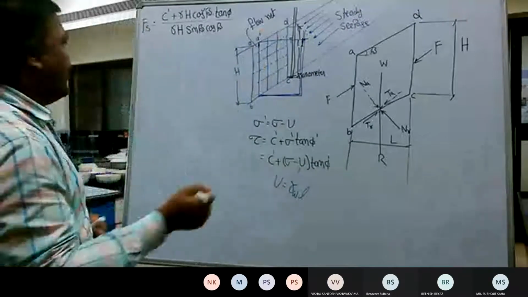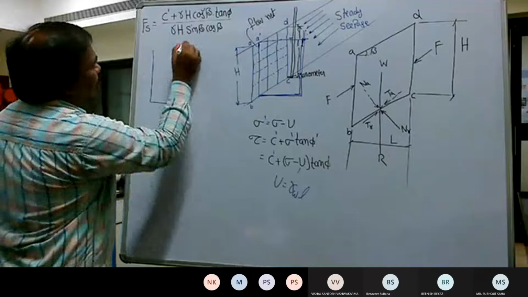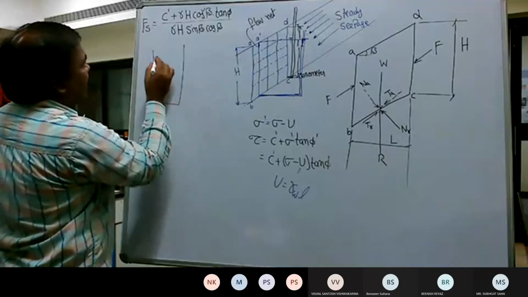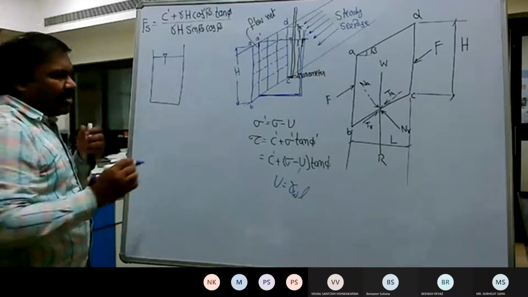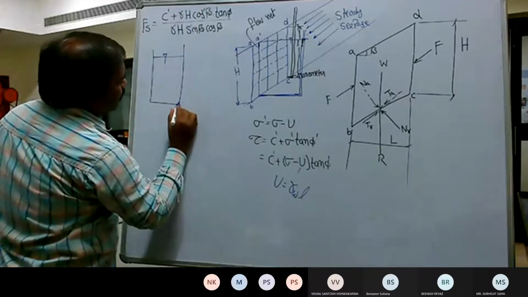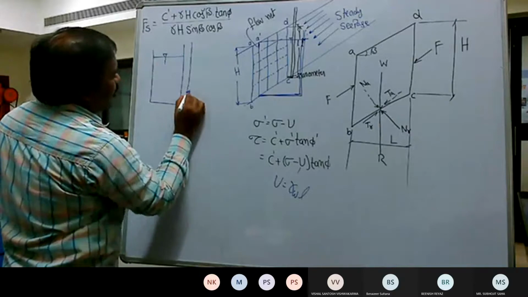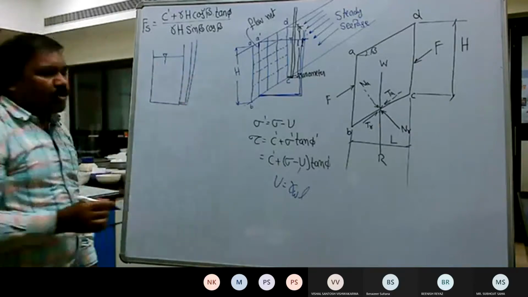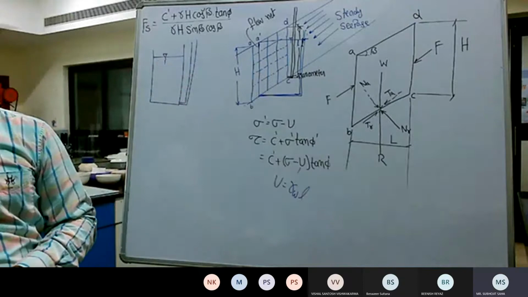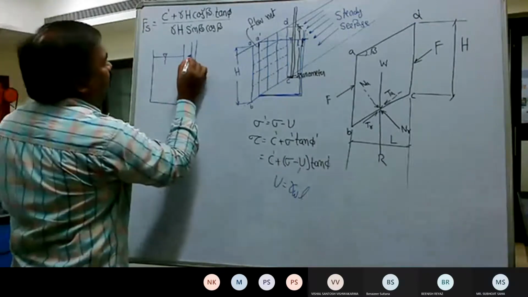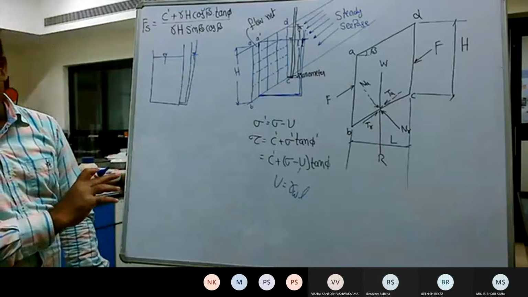Okay. See, for example, I have taken a small container and it is filled with the water up to the top. Then I put the manometer at the bottom. So now please tell me up to what level water rises. Up to the water table, sir. Up to the water table. Is it all right? This point is clear, na?